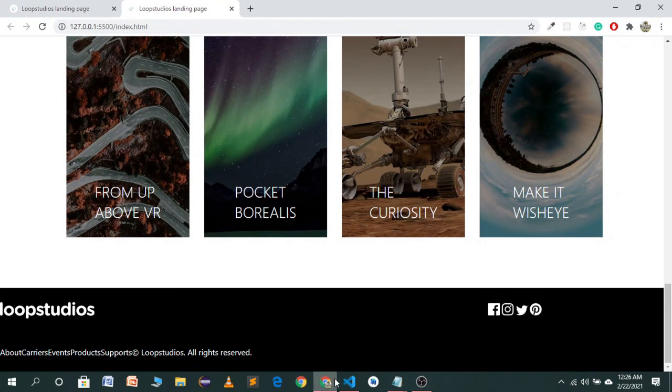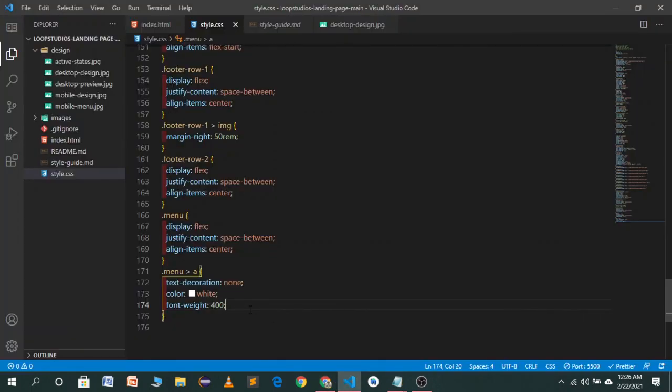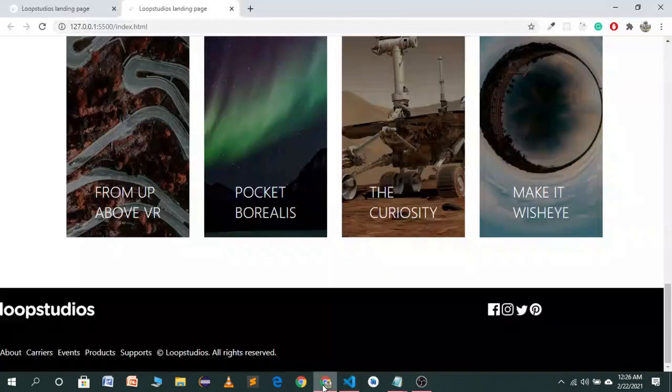Now you will see we just want to give it a margin left to our fonts, or we can set the margin right. So I will try 10 pixel. Let's see how it will look. 10 pixel is looking good.